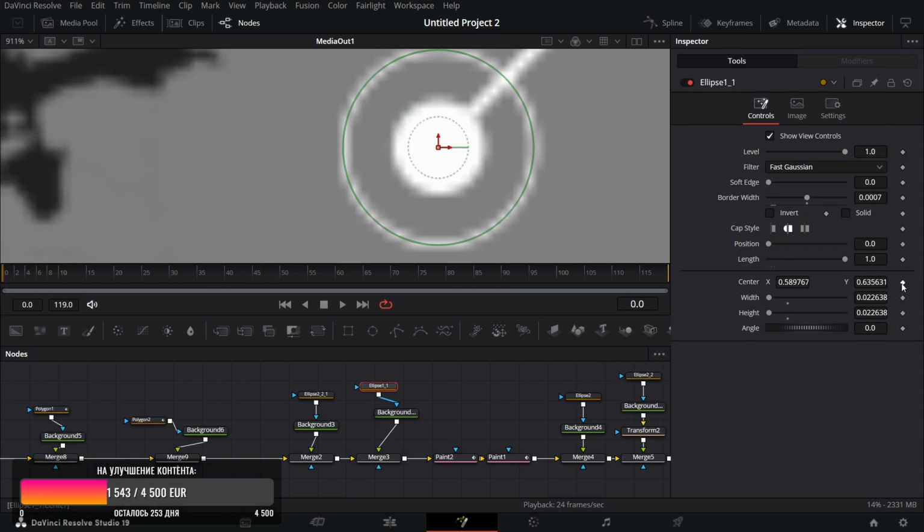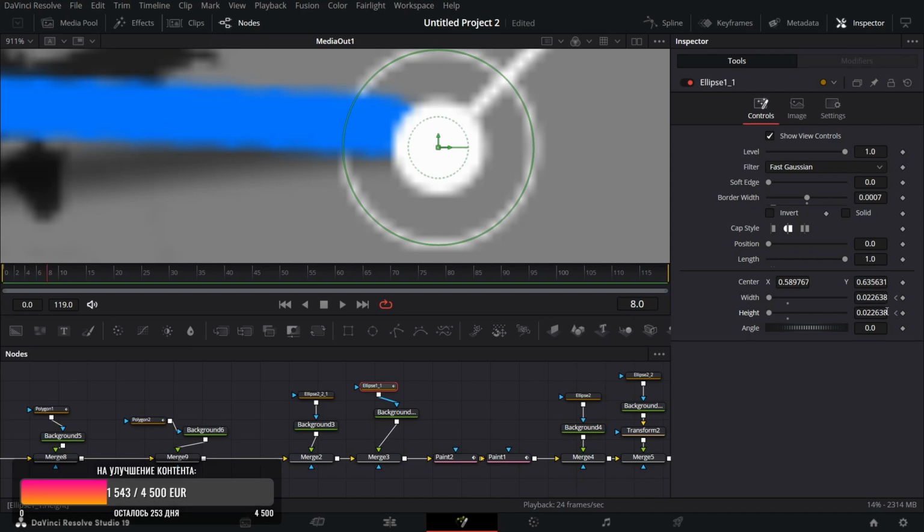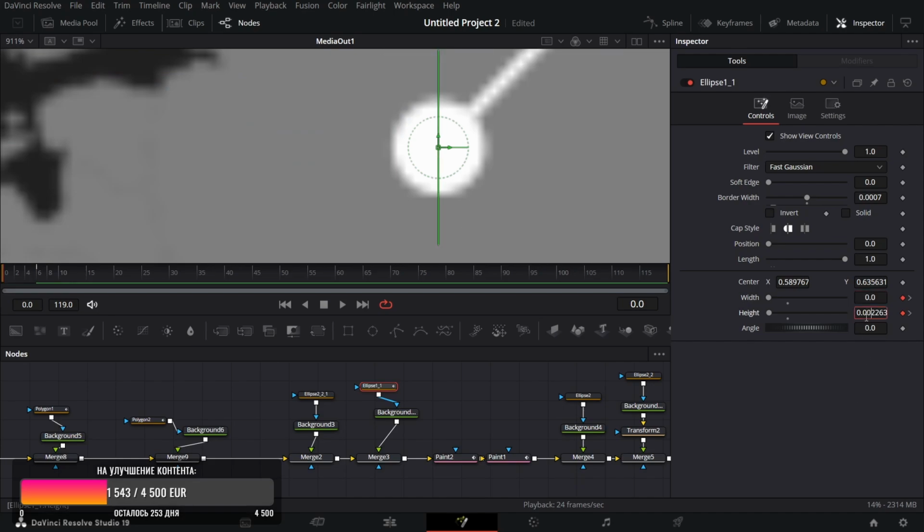We have this second and just click over here and move like 6 frames further, and on the first frame delete the height and width, so it's gonna be 0